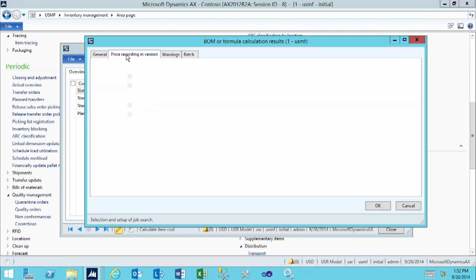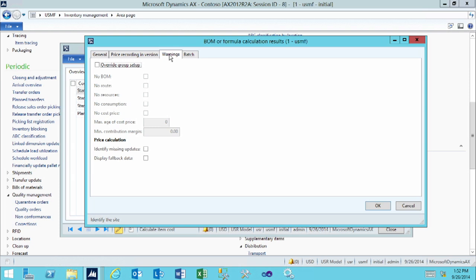Next, on the price recording inversion, you can select whether or not you want to record cost prices and charges. The Warnings tab has the settings that come from the cost versioning setup. If you want to override that setup, you can mark the checkbox and then select the individual options that you want. 2 additional options are also available to identify missing updates and display whether or not the fallback data is